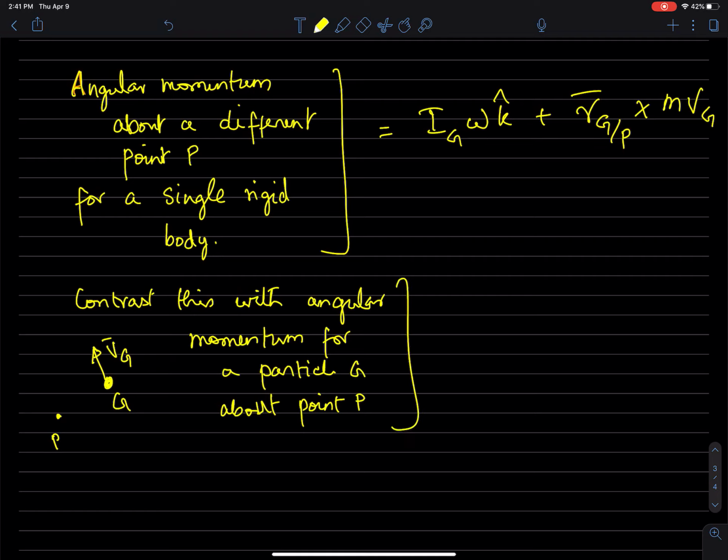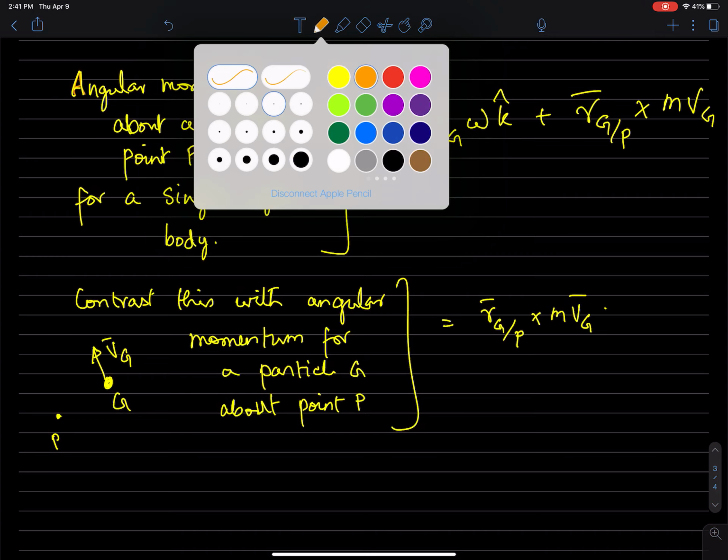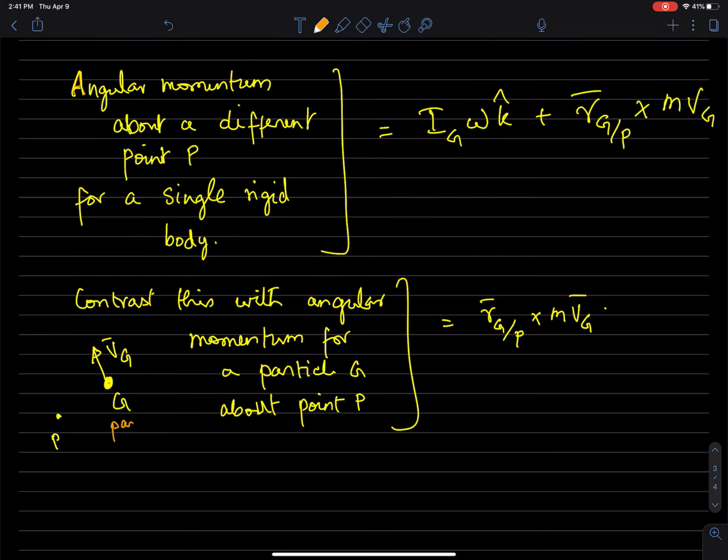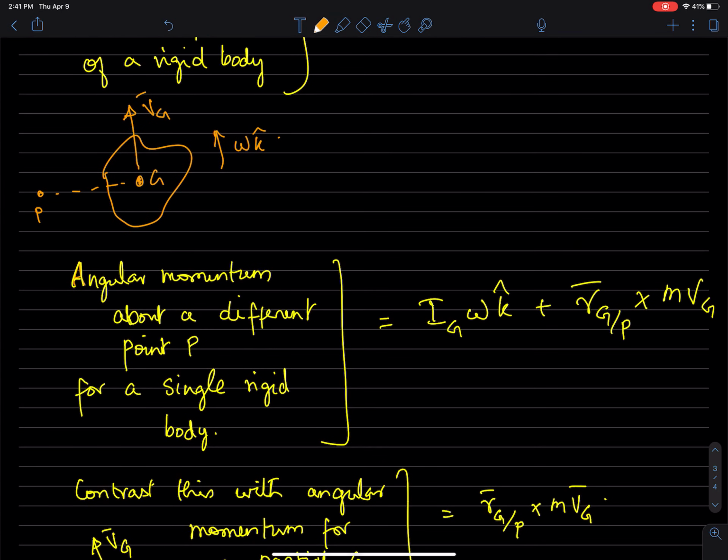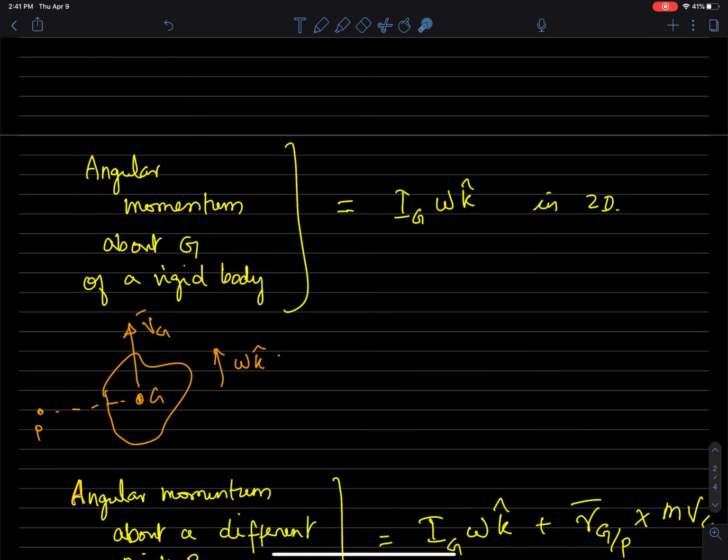Then this is just equal to r_G with respect to P cross m v_G, where this is the particle, right? So